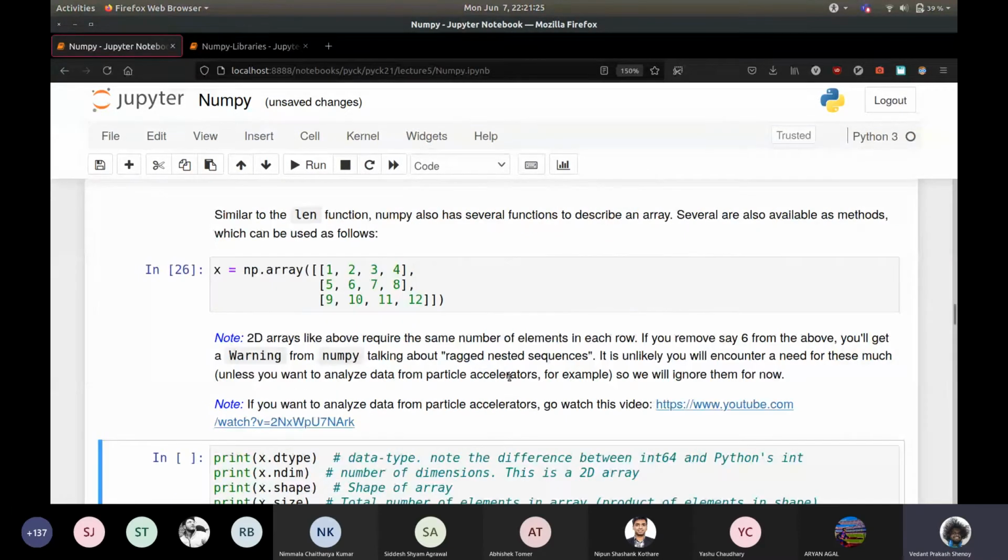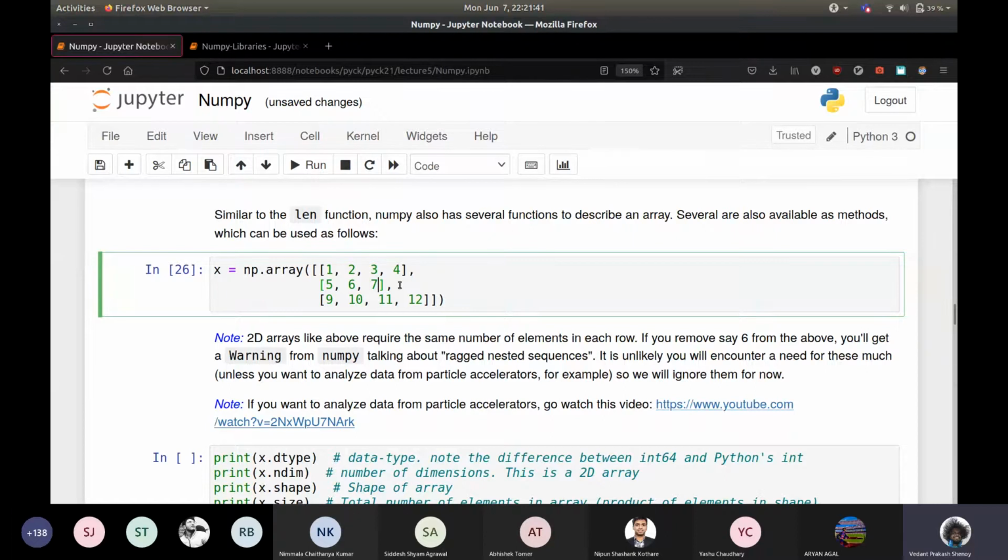But basically, the point here is that if you have a multi-dimensional NumPy array, you can't have a ragged sequence, which means that it should be sort of like a matrix. So if you have 3 by 4, then there should be 3 rows and 4 columns.